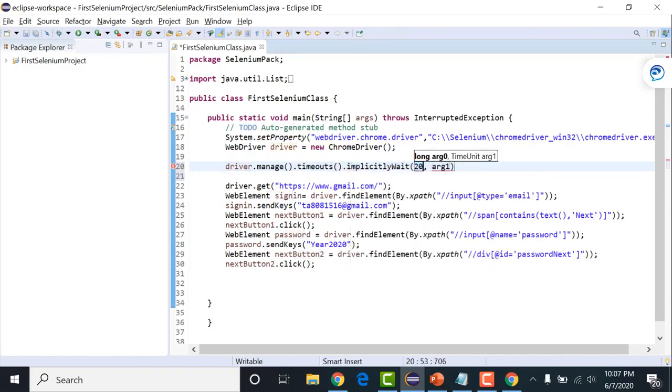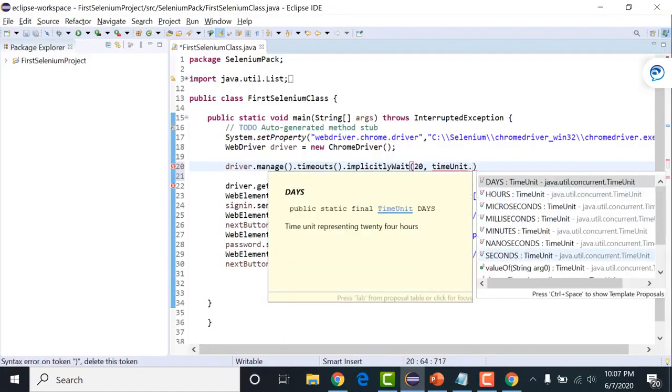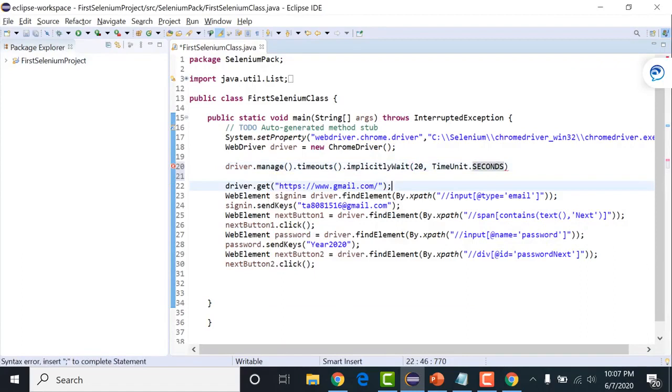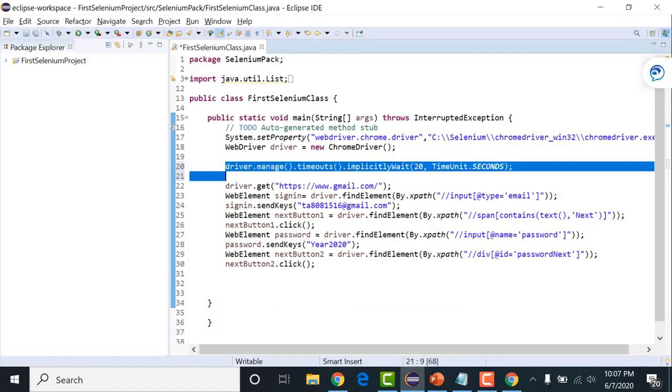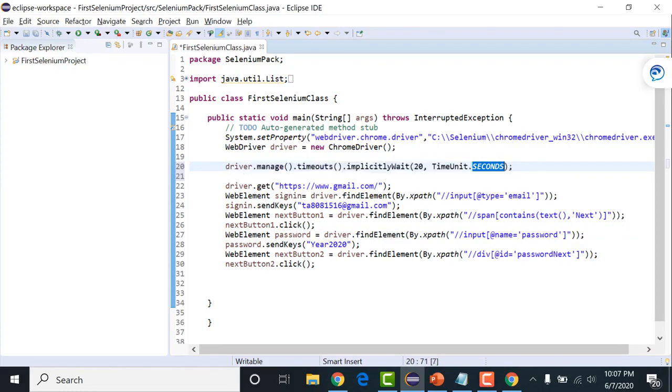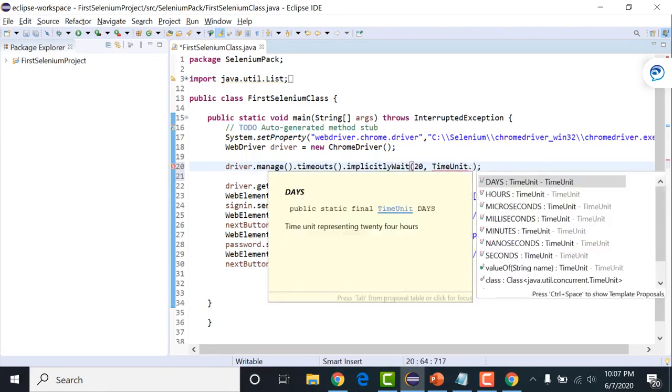Suppose I want to give the time as 20 and the time unit as seconds. So now I am telling my Selenium scripts to manage the timeout, implicitly wait, for 20 seconds.